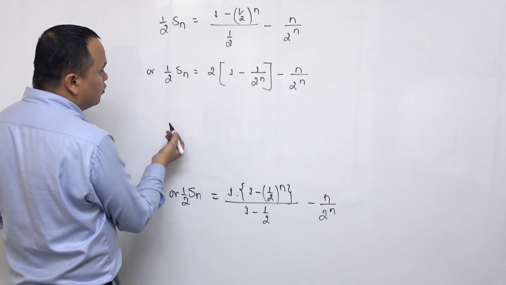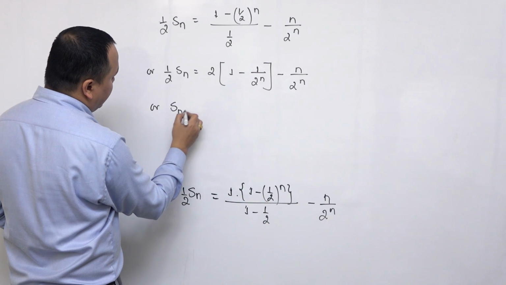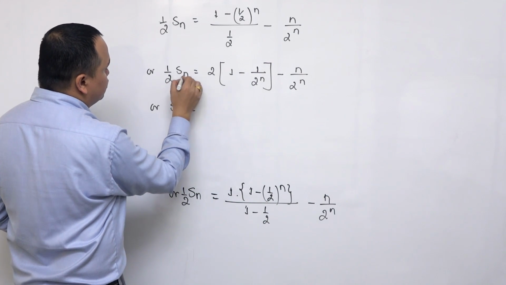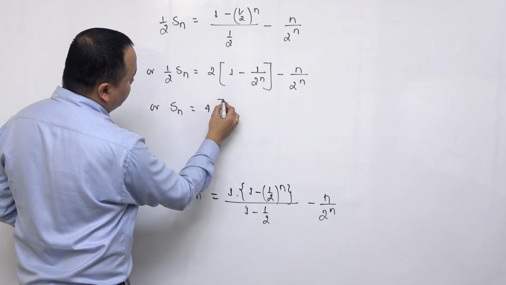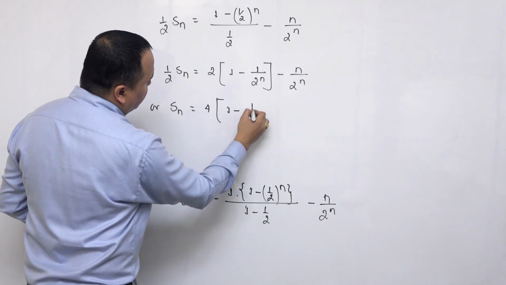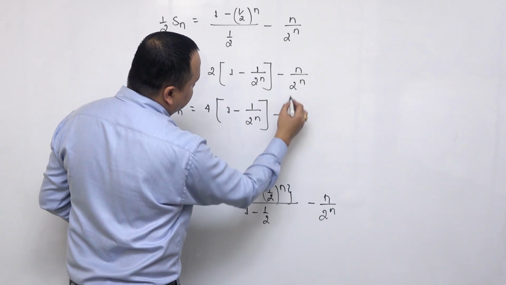Multiplying both sides by 2, Sn is equal to 2 into 2, cancel, the 4 times 1 minus 1/2 to the power n minus